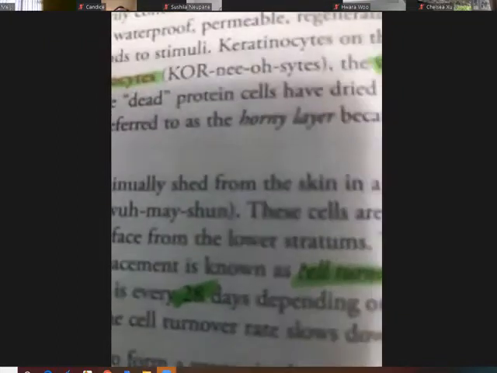Why squamous cells? Is because they look like square. Okay, squamous cells. Okay, squamous cells 也叫做 鳞状细胞。